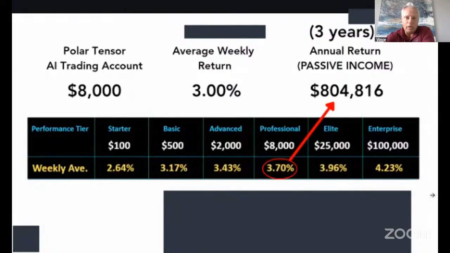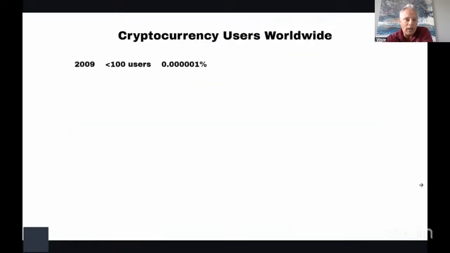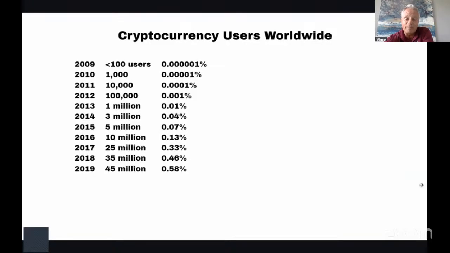It's not the only program like this. There are other programs out there, but I'm going to share with you why I like this particular program. Now, a lot of people say what I said when I first got started: I don't understand cryptocurrency. Let me share with you these numbers because these numbers are alarming. In 2009, there were less than 100 users worldwide using cryptocurrency. Fast forward 10 years, there's 45 million people in 2019, but still less than 1% of worldwide users of cryptocurrency. In 2020, the world changed. It almost tripled, more than doubled, right? To 101 million people,